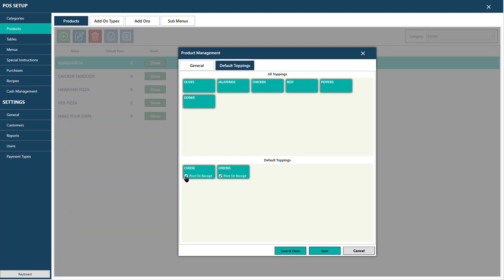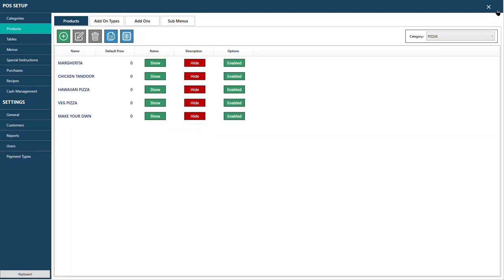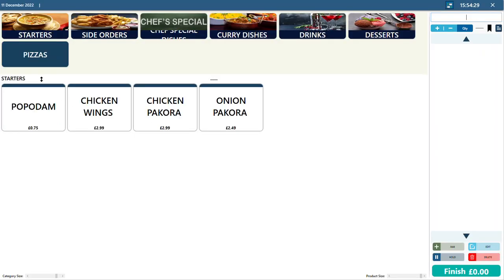Some shop owners say my staff are very new, so in the kitchen receipt can you show under the margarita cheese and onion, or onion and tomatoes, whatever comes inside the margarita. Then you can tick here. If they don't want to waste paper and say no, on the receipt we just want margarita pizza, we don't want the topping details, then you can untick here as well. Now if we press save and close, what will happen? If I click on margarita